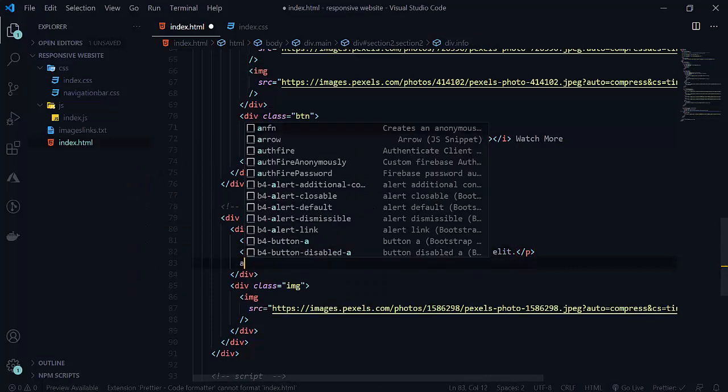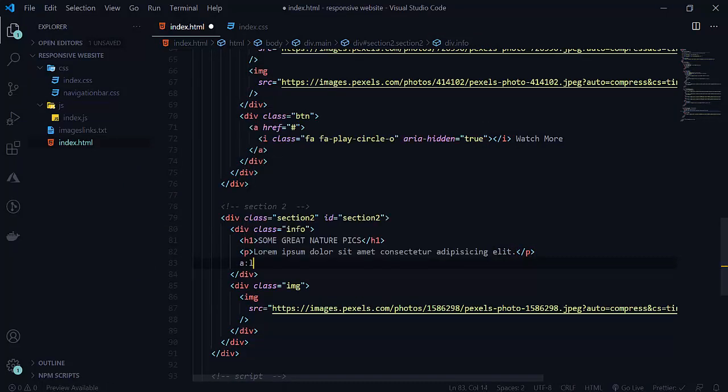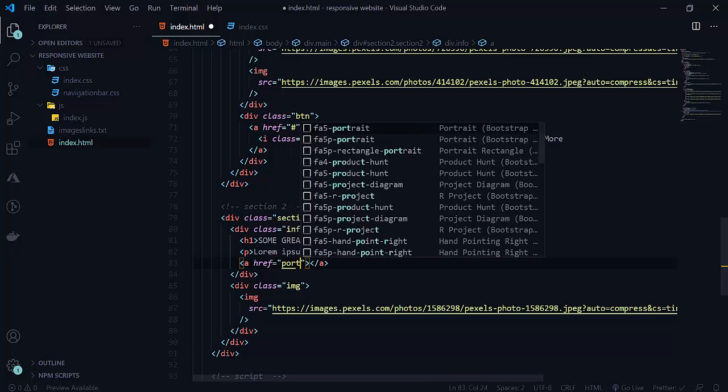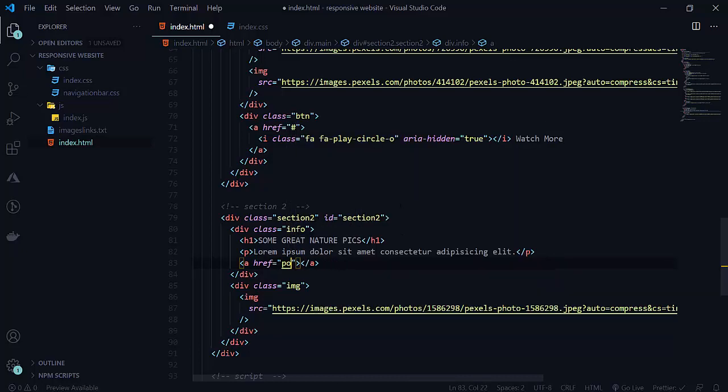and then there will be our anchor tag, a.link, and it will be hash for a while, or you can say portfolio, hash for a while.